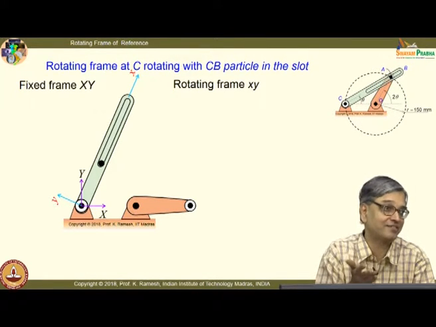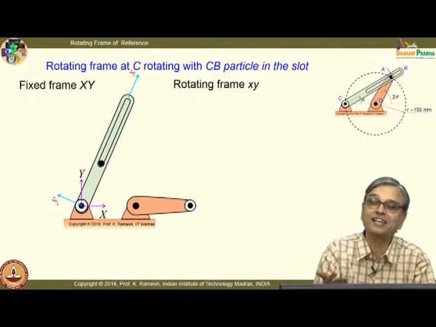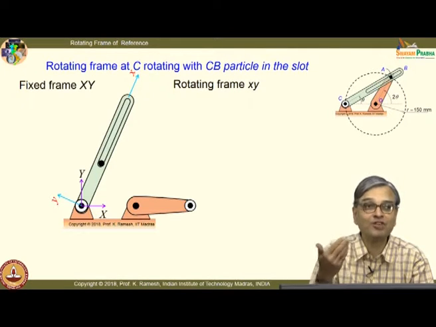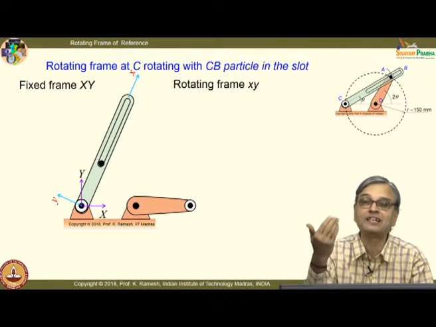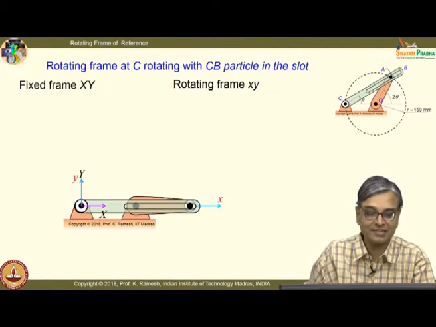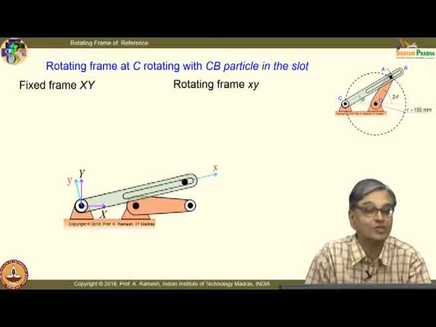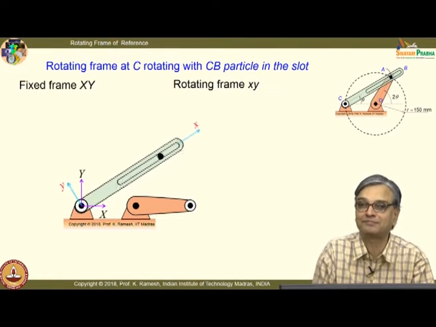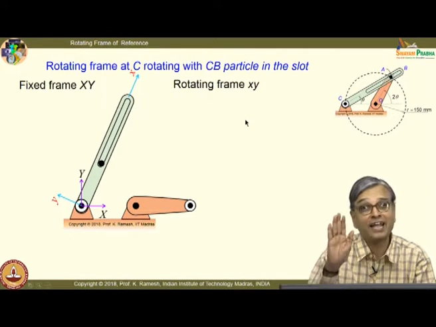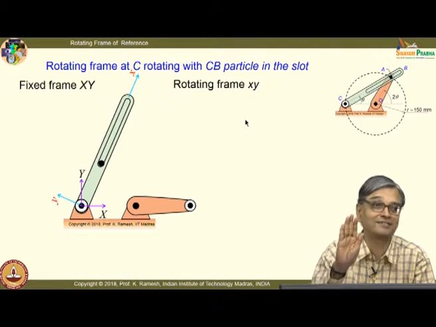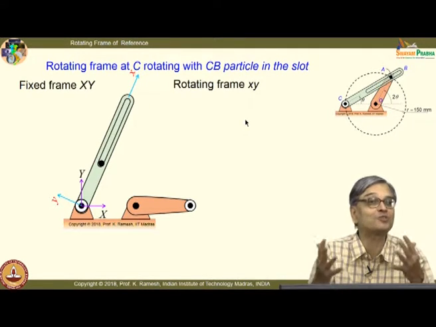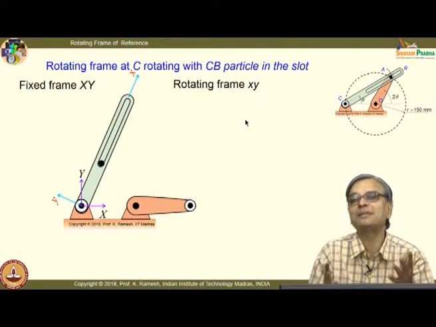When I individually look at the particle, it has a very arbitrary motion. You saw it yourself. And what we have been saying is, when I say that I am sitting on the rotating frame of reference and observe, I would observe the particle to move along the slot. So, visualize it again. So, this is what we are trying to explain to you. Is the idea clear? Again the particle has a circular motion, but when you see these two animations together, you get a dramatic picture.